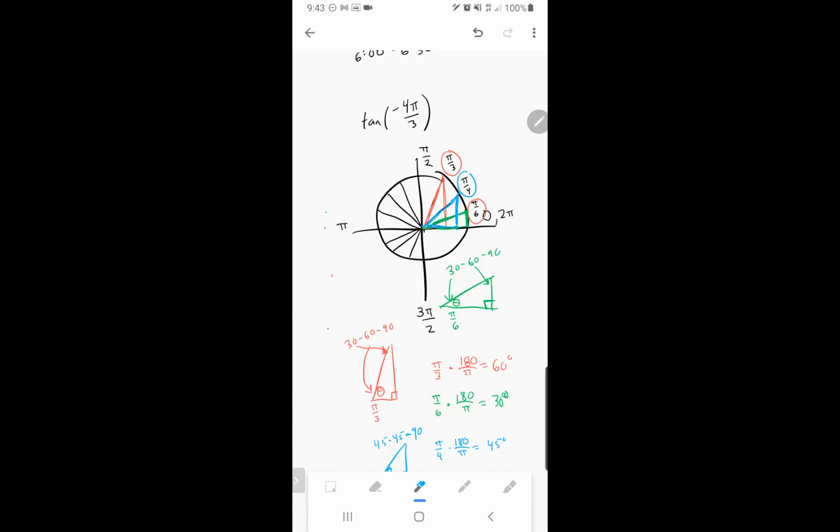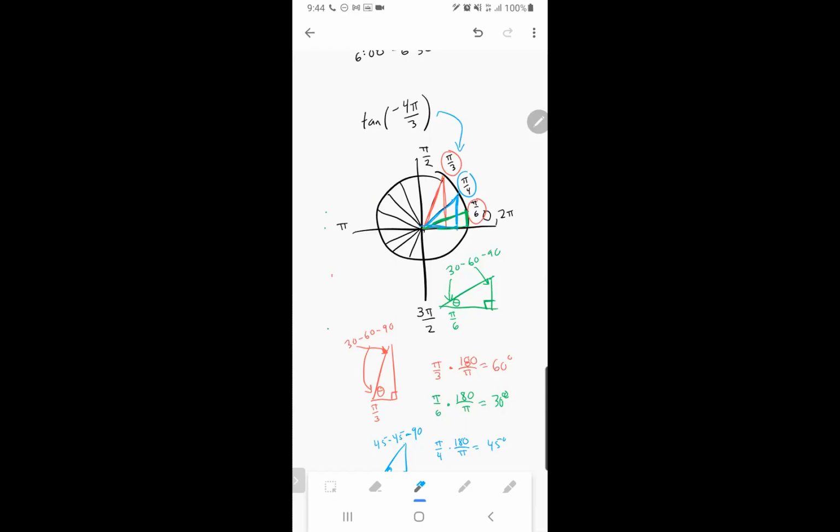basically because it's got a denominator of 3, that's kind of an indication already that it's going to be related to the pi over 3 from the first quadrant. But negative 4 pi over 3 is not in the first quadrant. So you have to figure out which quadrant it's in in order to find the correct tangent. So what I would say to do is,